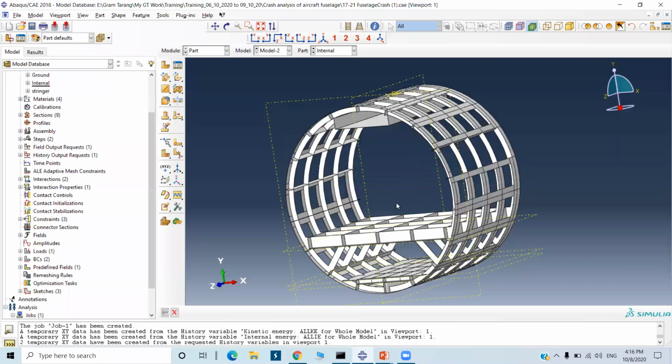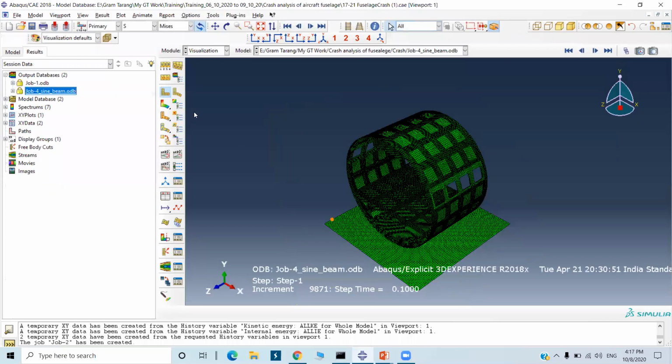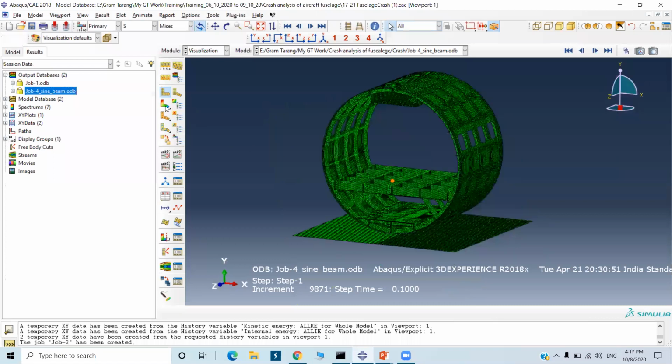Now we will compare the results. First we will check the failure for the sine wave beam here.